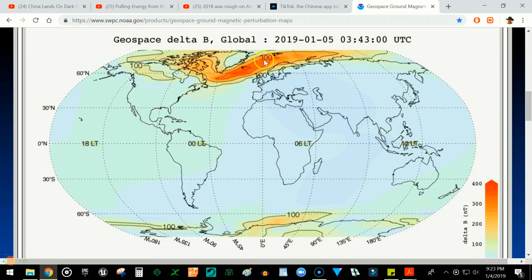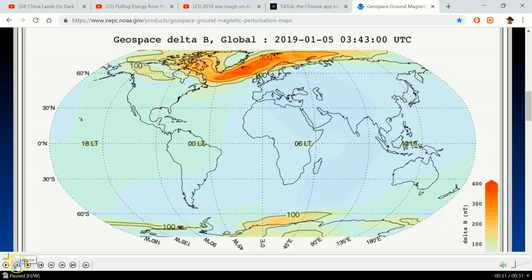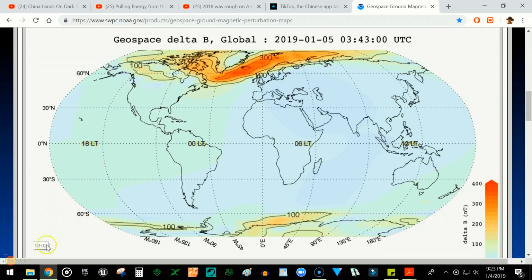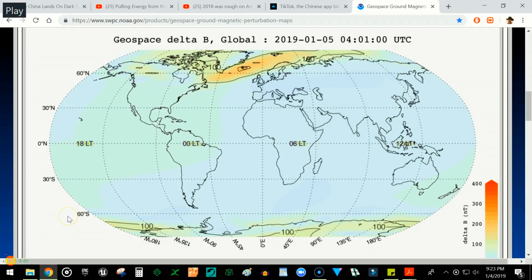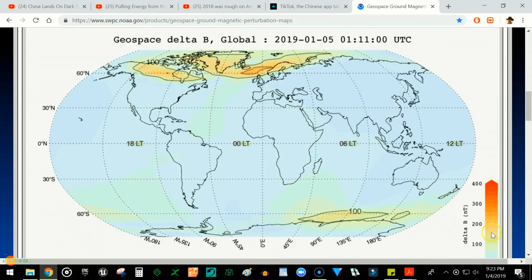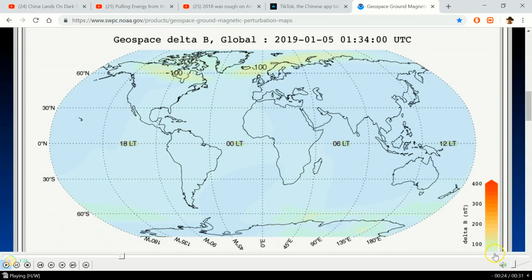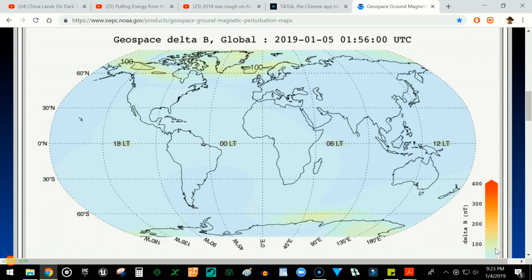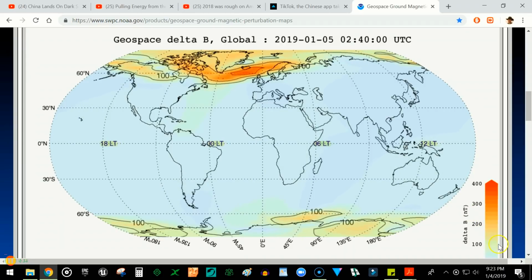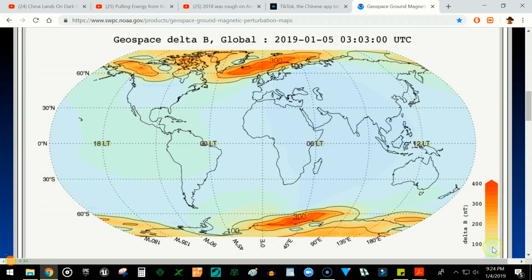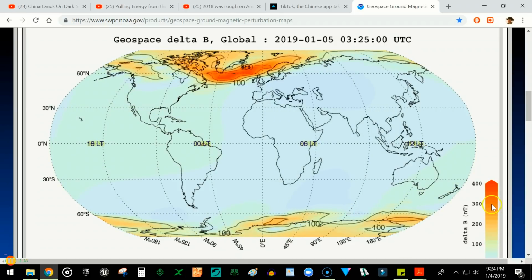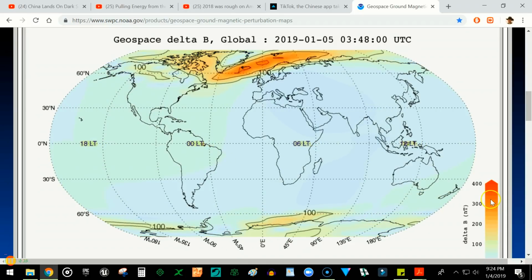This was on January 5th, and it started at 3:43 and then went forward. So let's just give that a play. All right, so you can see the scale is shown here on the right. The lowest part is 0 nanoteslas. It's measured in nanoteslas, which is 1.0 times 10 to the negative 9 teslas. Okay, so it's a small number, but up in this region would be about